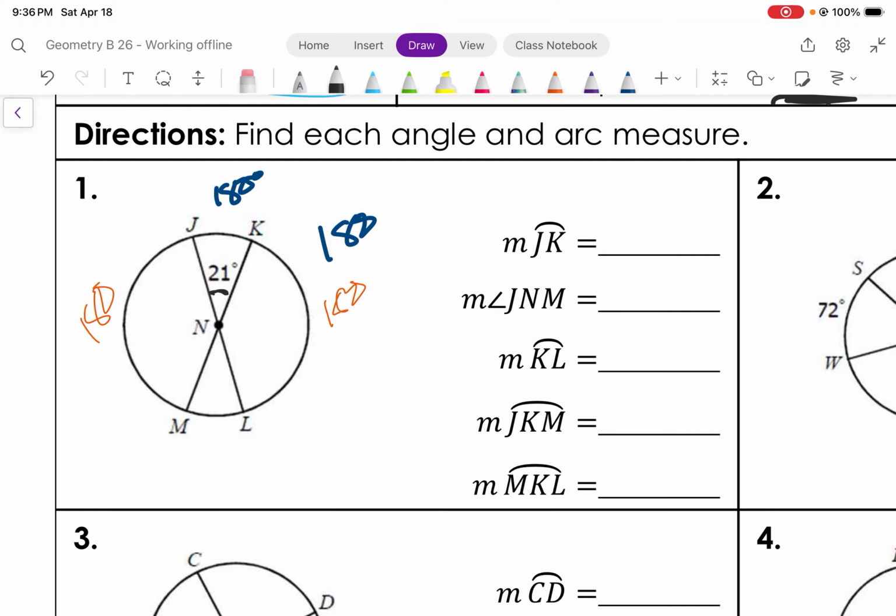So knowing that this central angle is 21, well, that would then mean that this arc measure, because I know it has the little roof above it, arc, would also be 21 degrees. If I trace the letters J, N, M, that'd be J to N to M. Well, I know that's part of the diameter I was talking about a minute ago. So if I remove the 21 here, well, that would mean this has to be 159 degrees, because that would add up to get 180 in total, the semicircle. If we look at KL